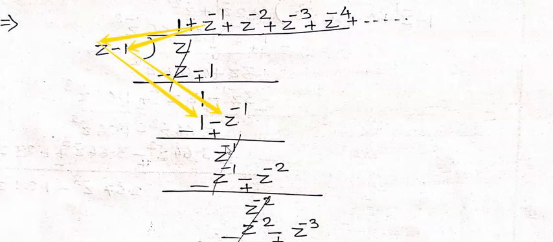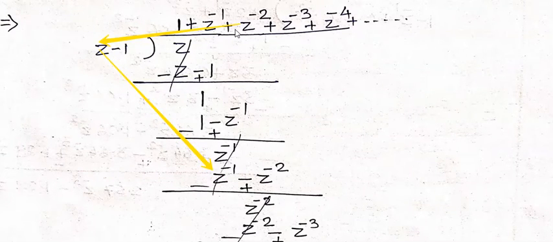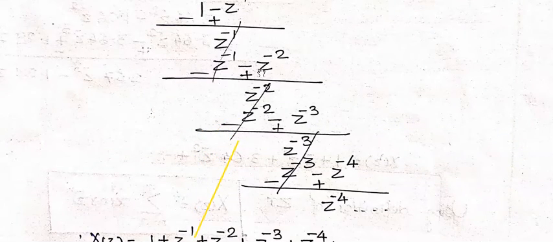Now to cancel out this z inverse, we need to multiply obviously with z raised to minus 2. So next it will be z raised to minus 2 into z, that will become z inverse. Similarly, z raised to minus 2 into 1 will become z raised to minus 2. This simply reflects the cancellation of the z inverse term. So once these values are cancelled, the remaining value with us is only z raised to minus 2.